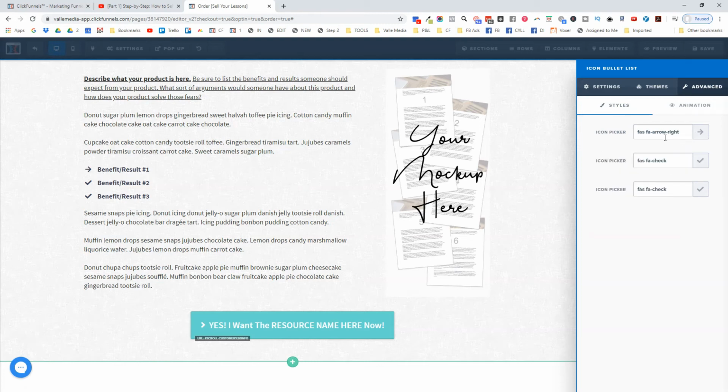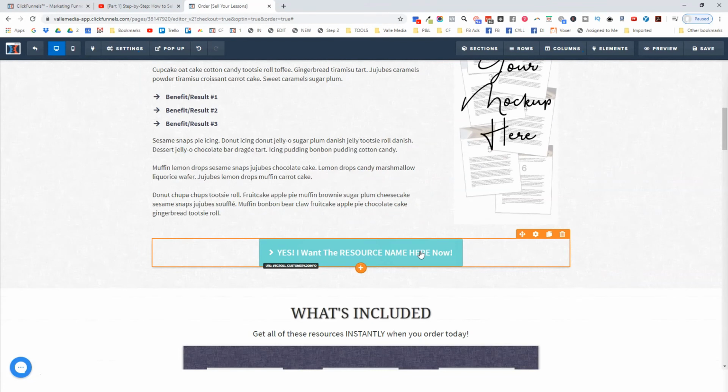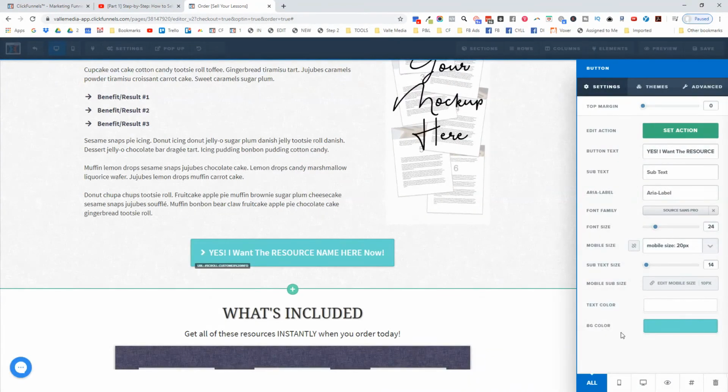And then you would do that for all of them. So once I know what I want, I always like to search by the name. If I know, oh, it's an arrow. And that way I don't have to just keep scrolling endlessly each time. Oh, right here. Things like the buttons, if I click the button, it's going to have a place right here for the color,